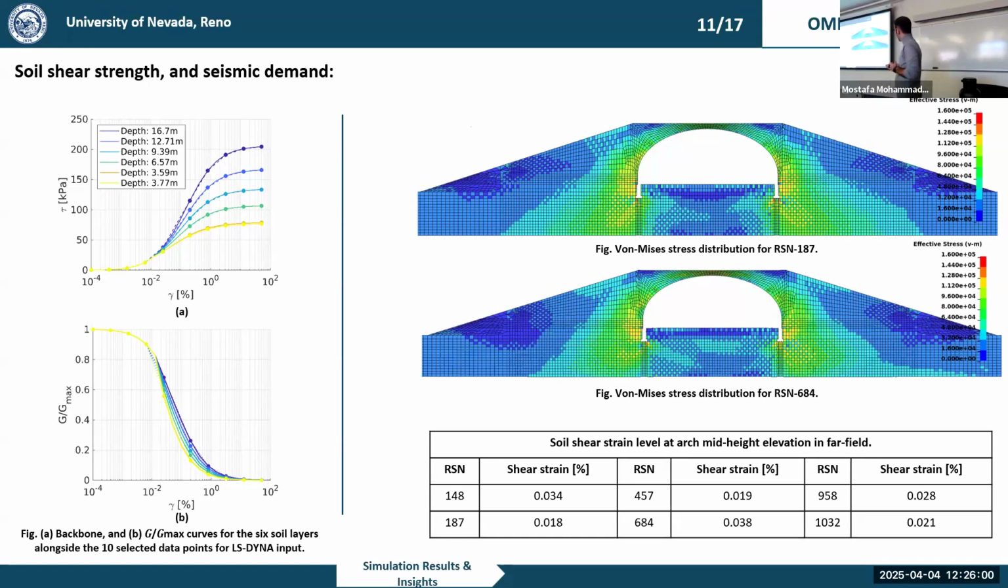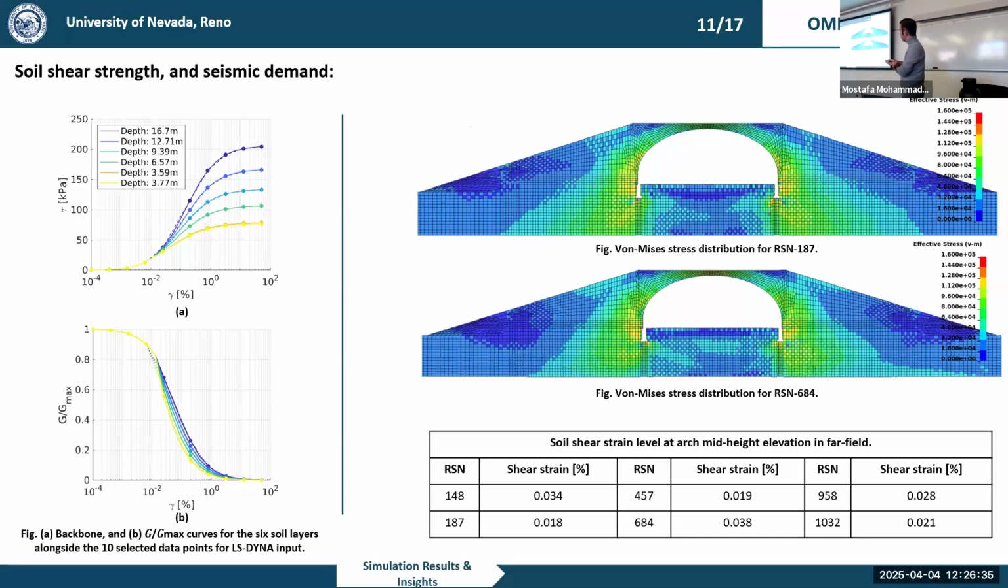The other thing that is interesting is that if you take a look at the soil shear strain level at arch mid height elevation, in the far field, let's say we have a soil domain, we don't have this structure here, we only have the soil. The strain level would be from this value 0.018 up to 0.038, which if we take a look at the Geovert max curve, will be around this point, where we are seeing, let's say, 40%